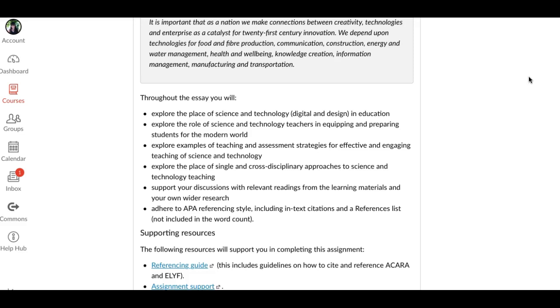So remember that this essay is not a personal reflection though. It's a good way to start thinking about how you stand personally on it, but it needs to be written in 3rd person, and all of your positions or arguments need to be supported by sound academic literature. So once you've started thinking about this and you've had a bit of time to reflect, make a bare bones draft. Post your ideas and questions onto your learning group's discussion board. That's always good. And you can post a basic outline. Don't post your essays, but just a basic outline of what you might be talking about in the body of your essay.